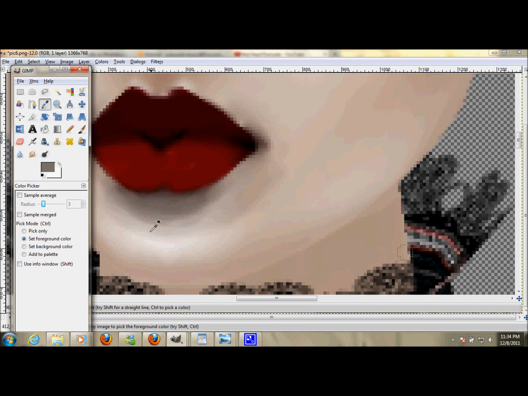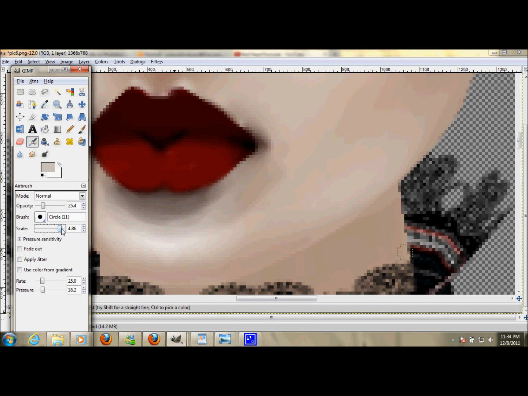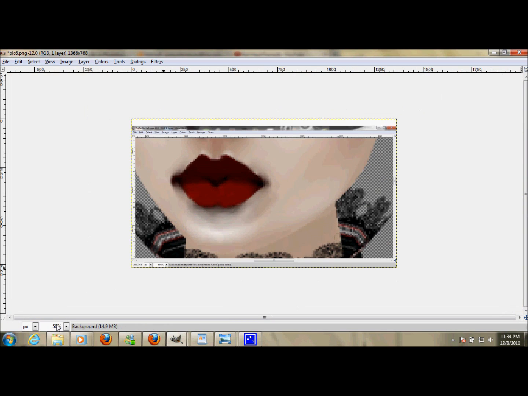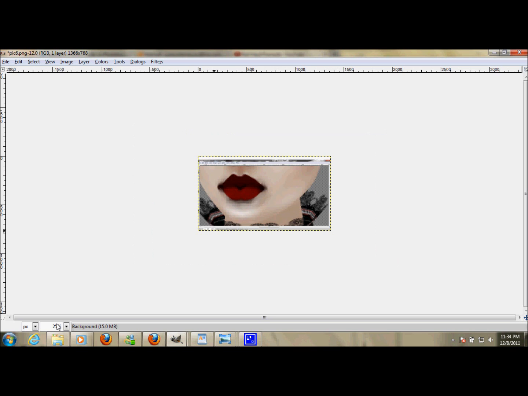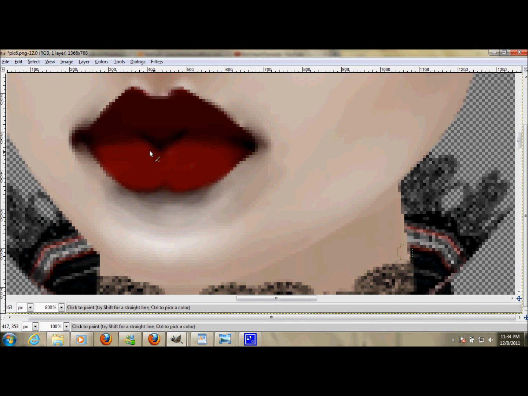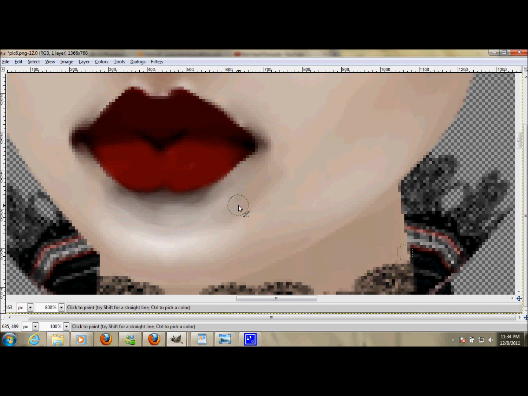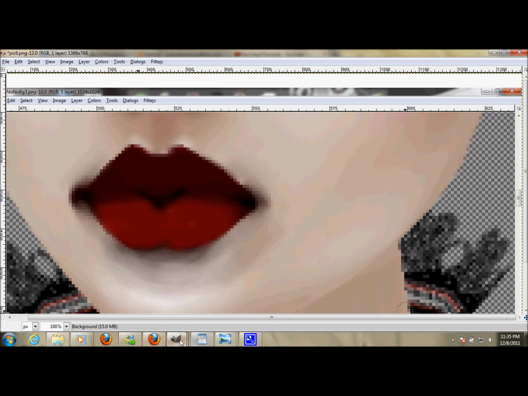I am having a really hard time blending this in. Like, oh my gosh. Alright, so it doesn't have to be perfect, but it's good enough. Looks pretty. Okay, so I want you to straighten this part up of the lip. If you guys didn't shape your lips like this, then you shouldn't have a problem. But basically, this would be what my lips would look like if they were done. All I would do is